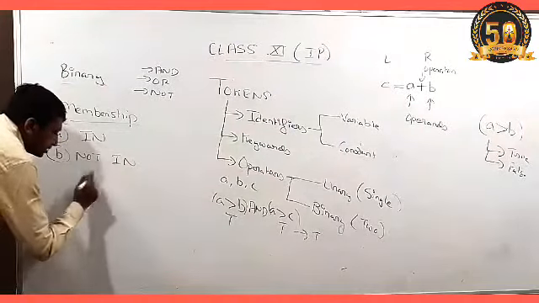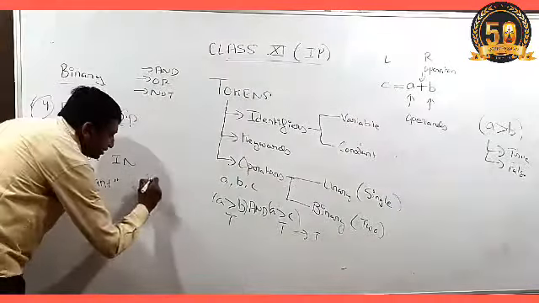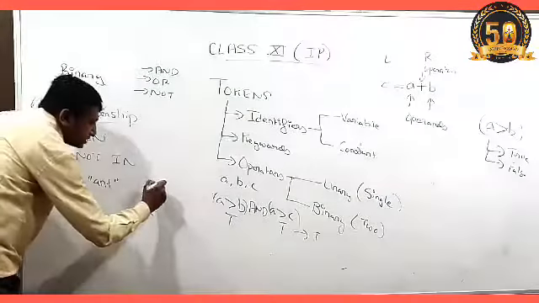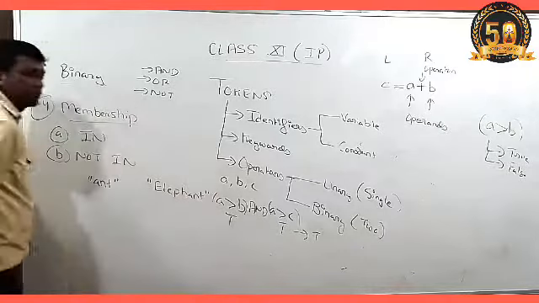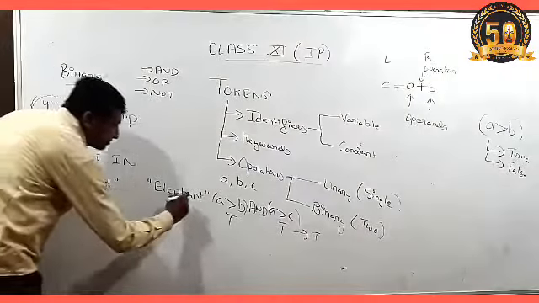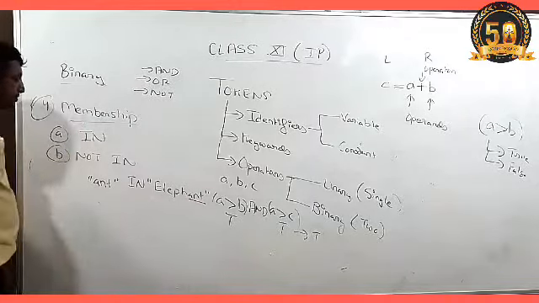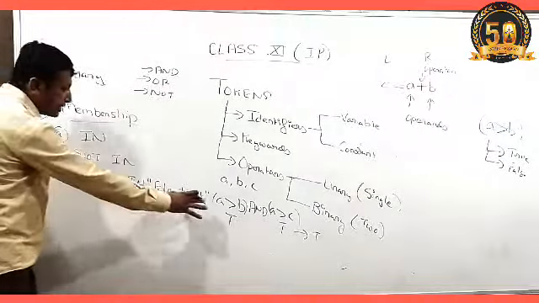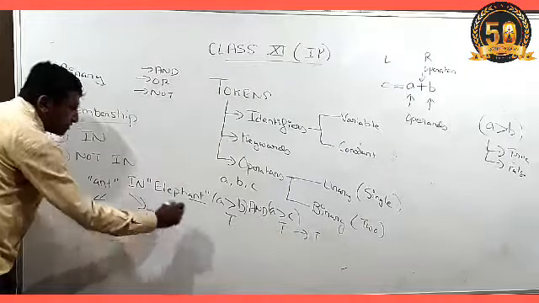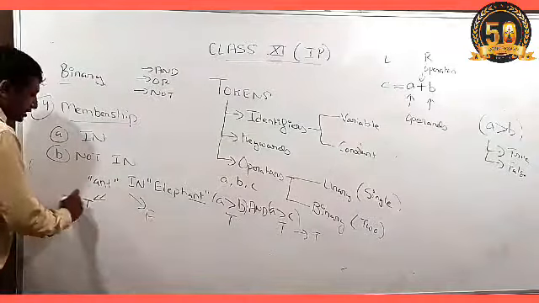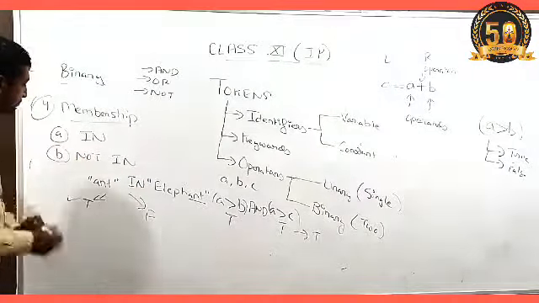For example, there is a substring A and T, and we want to find that such substring will be present in such a string, that is elephant. As we see that A and T is present there, and if we apply the in operator in between them, if such substring is present in that string, it will return the true value, otherwise it will return the false value. So in that case, it will return the true value because that substring is present in the elephant.